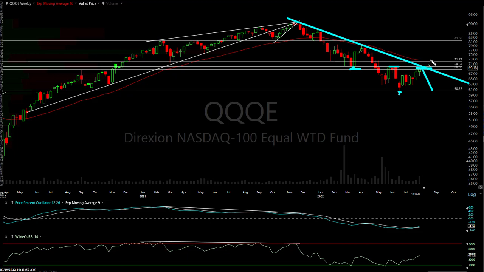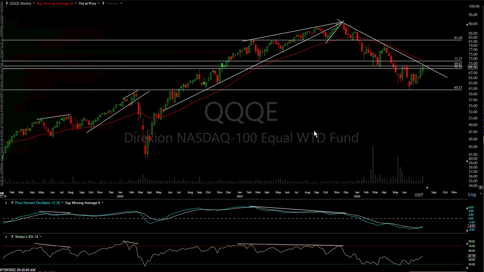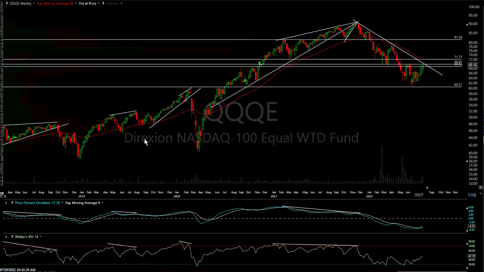Now, obviously, if we break this trend line, that's going to be bullish. You still have that key, one of my favorite moving averages, the 40-week exponential moving average, this red line. It does a phenomenal job of defining bull and bear trends. In a bull trend, you're above it, and you buy pullbacks to it, and they usually bounce. Once you break it, and you're below it, it becomes resistance. Just like there, you had a perfect, highlighted at the time, back test right there, the red line to the button on the equal weighted here. And again, it was support here, bull market, you buy all these pullbacks to it, and bear market, when it breaks, the trend has changed.